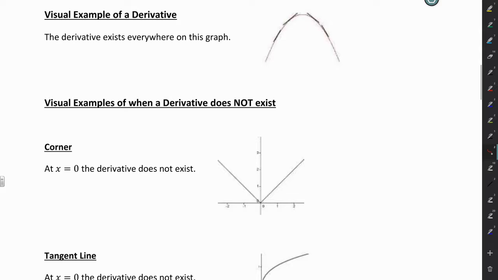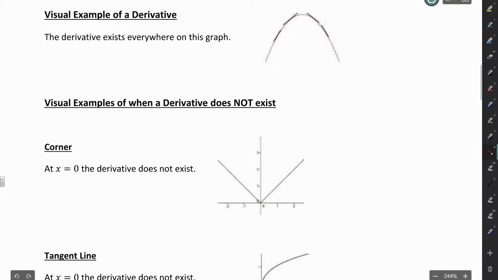The first case is a corner. If you're looking at the graph here, the derivative exists here, we have a slope there. The derivative exists here, we have a slope there. But the derivative does not exist at a corner, because you wouldn't really know exactly where to draw the tangent line. You could draw it in an infinite number of places. So on this graph, at x equals 0, the derivative does not exist. It exists over here and it exists over here, but precisely at the corner, a derivative does